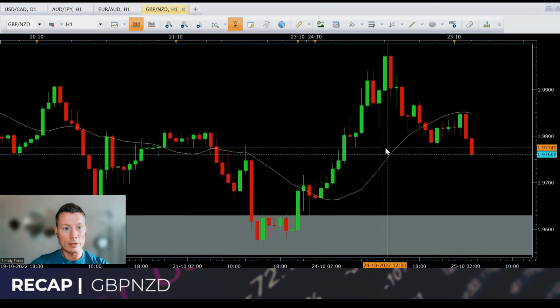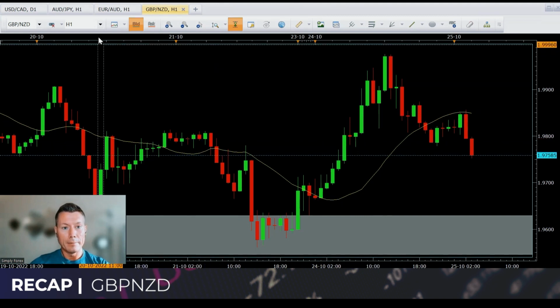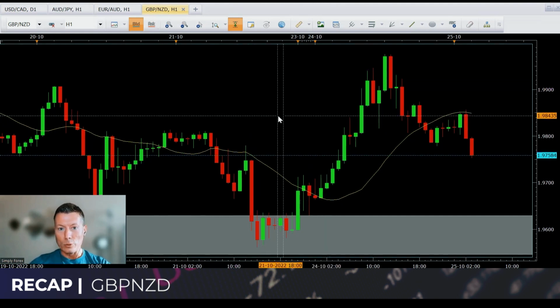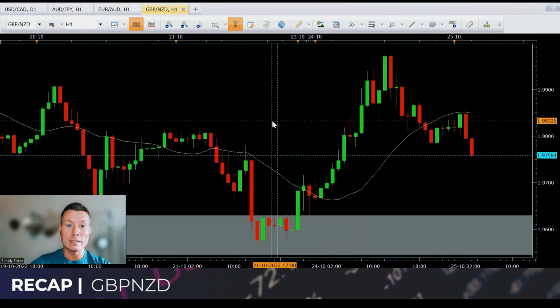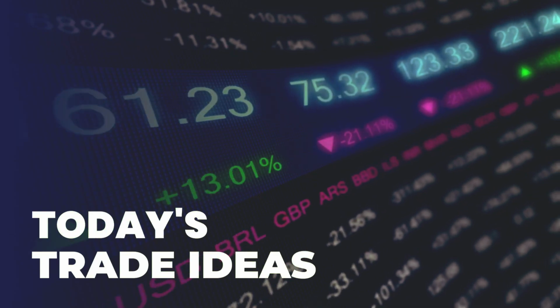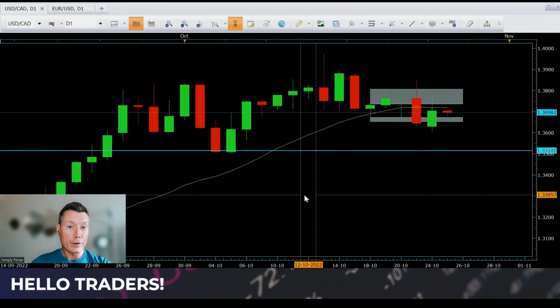So US dollar, Canadian dollar, guys, that was the one that gave me some profit yesterday. And the last three trades I couldn't get in for the reasons I explained. So let me know how you traded it. Let's take a look at today's trades now. So, guys, yesterday made some profit on US dollar, Canadian dollar, and still in the trade. But the other pairs from yesterday, I just couldn't get into. Unfortunately, we couldn't get into Euro Aussie dollar or pound New Zealand dollar because they're the trades that gave you the dollar bills. Maybe you did, guys. Let me know how you traded it.